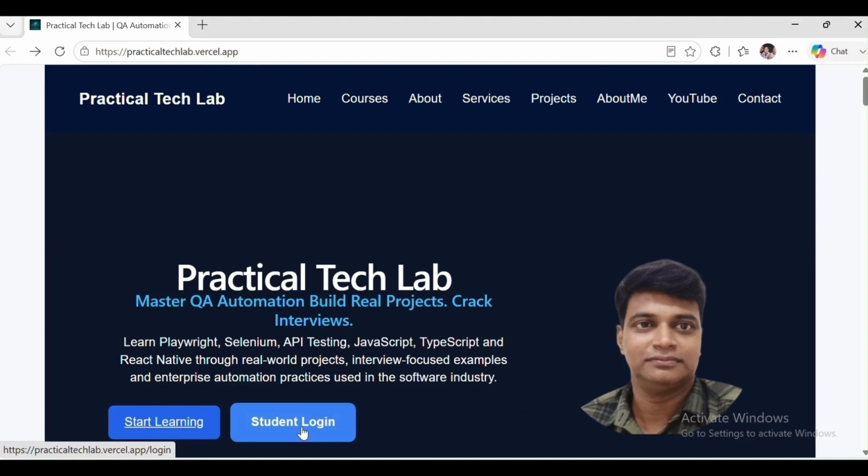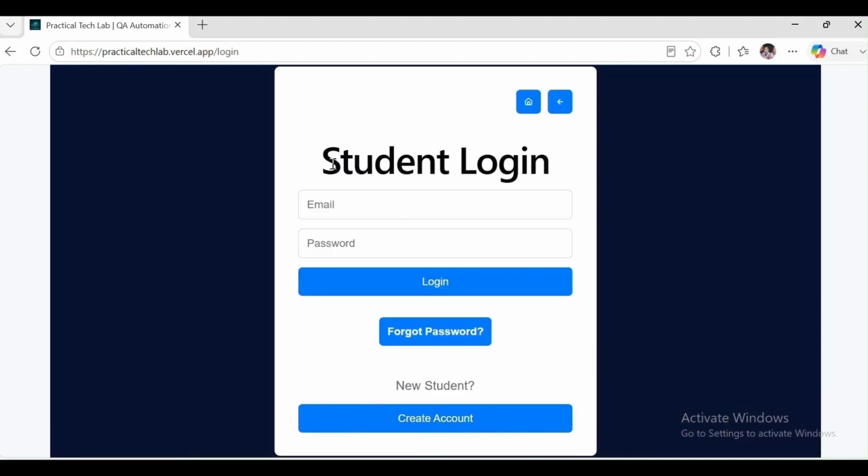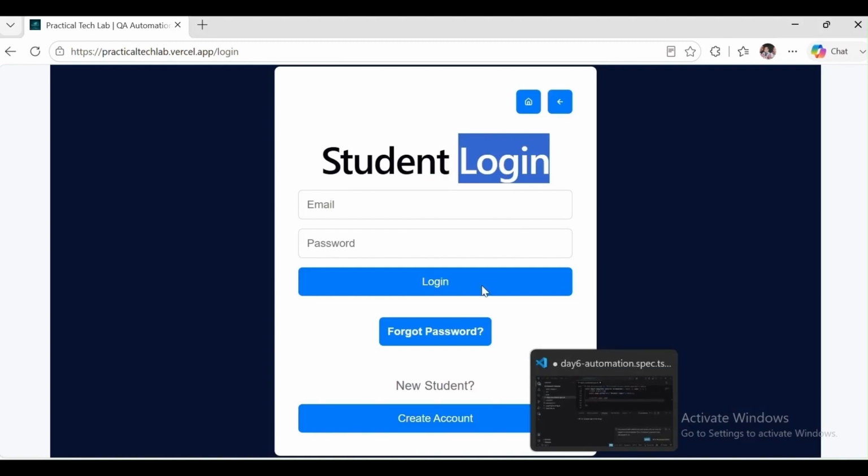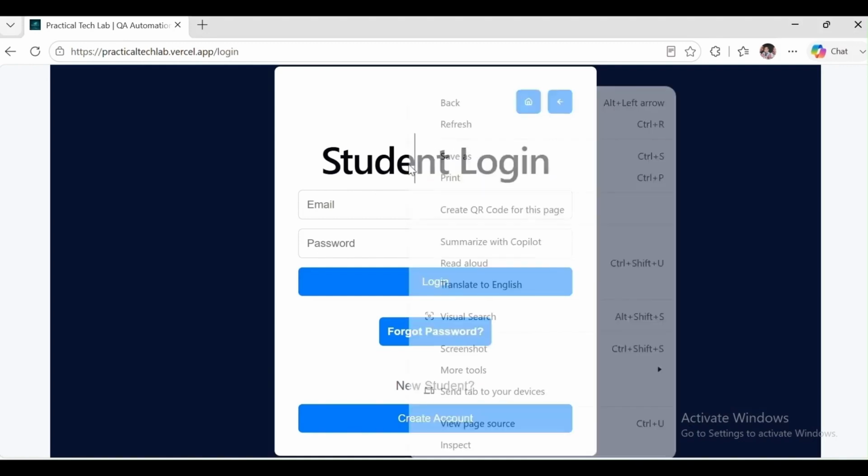So once it is opened, we are checking whether the text student login heading has appeared or not. That is using toBeVisible. Expect, since we know that, we just go and take